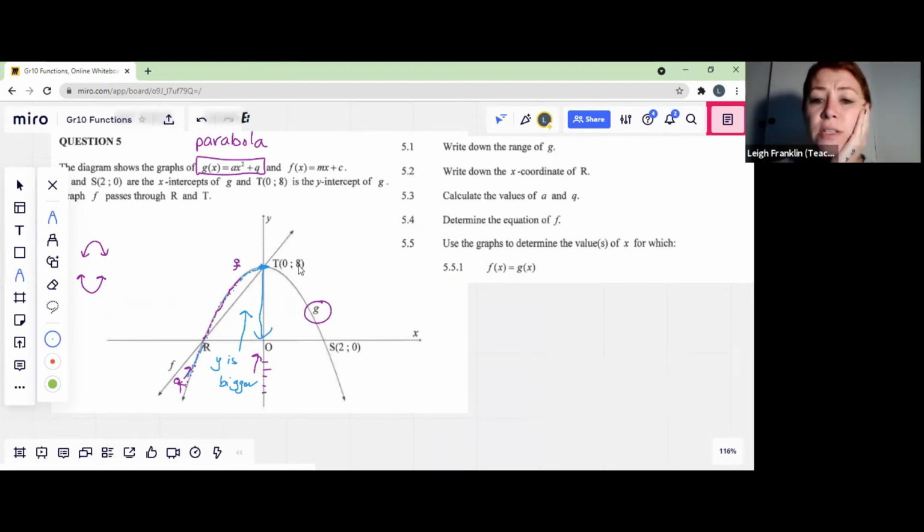So that means that as far as our range is concerned, our range is our set of y values. So up and down. It comes all the way from negative infinity. Negative infinity is somewhere down there. And it keeps going all the way down to negative infinity on this side as well. And the y numbers, the outputs, keep getting bigger and bigger until they get to 8. They can't get any bigger than that. And then they start getting smaller again. So hopefully, if you were answering this question, you said that the range would have been y is smaller than or equal to 8.